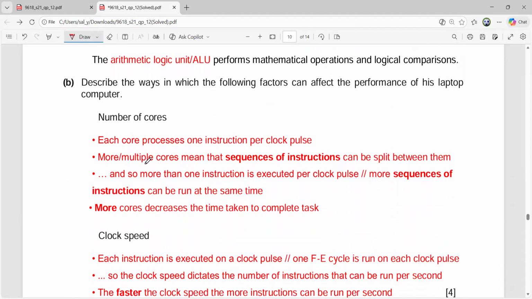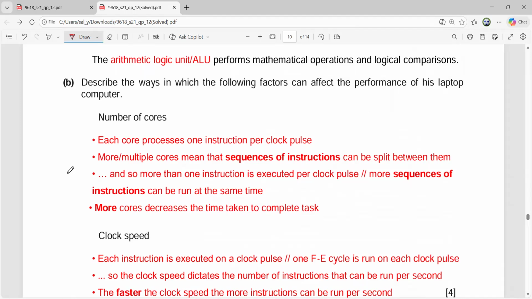So each core is there to process one instruction per clock pulse, and more cores means that more instructions can be processed because the instructions will be split between the different cores, and so more than one instruction can be executed per clock pulse,